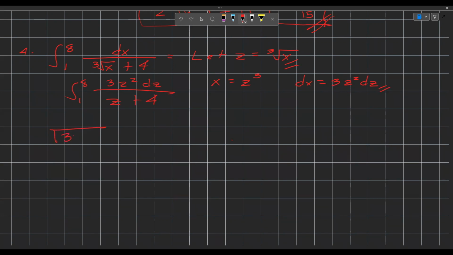So we have 3z squared divided by z plus 4. So 3z squared divided by z is 3z. Just multiply it here, 3z squared. This will become minus, this is 12z plus 12z. And since this will become negative,